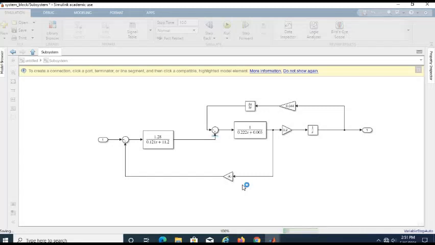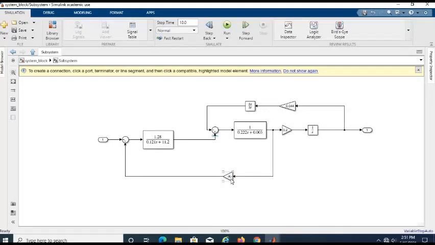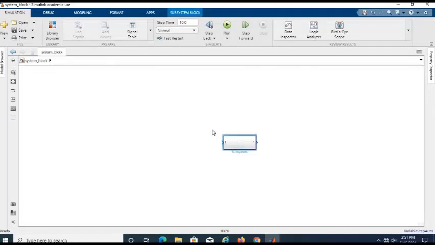Wait a moment. Okay, and we increase the size. Okay, save again. Okay, now we come into the system. This is our system.